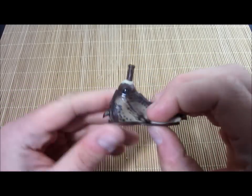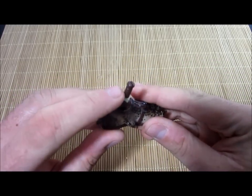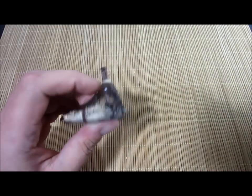Here it is, the finished dried product. You can see how the Gorilla Glue is kind of